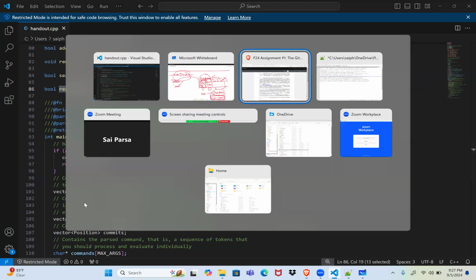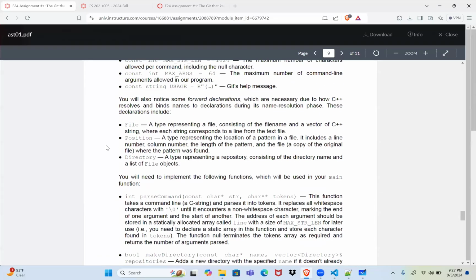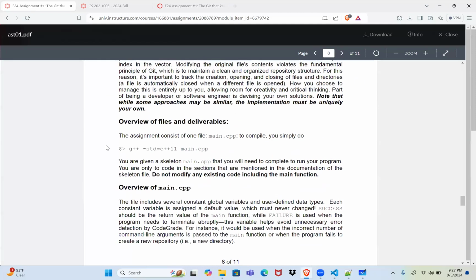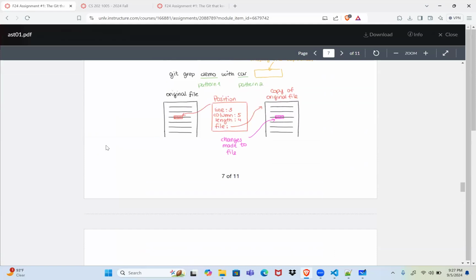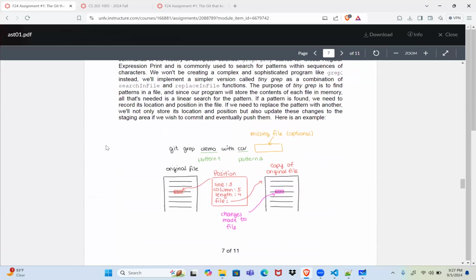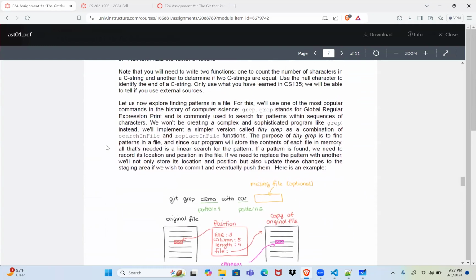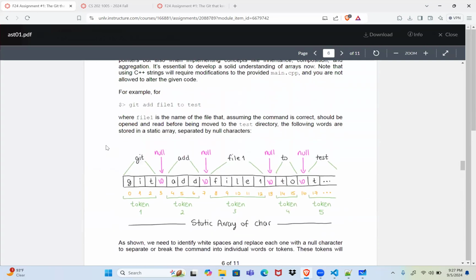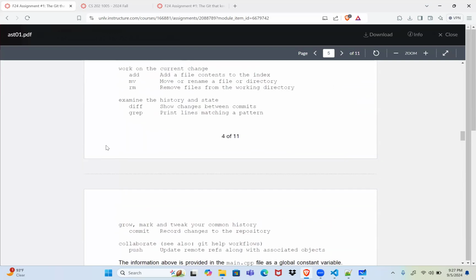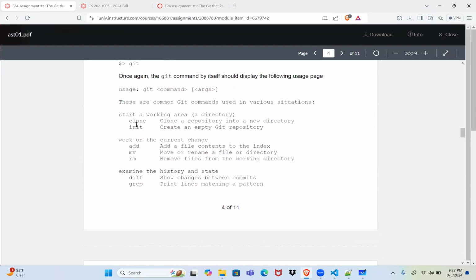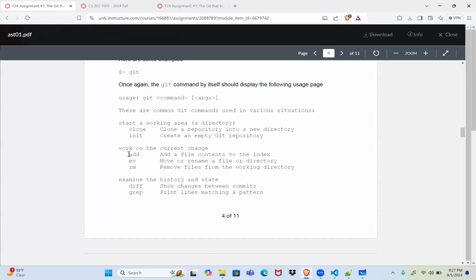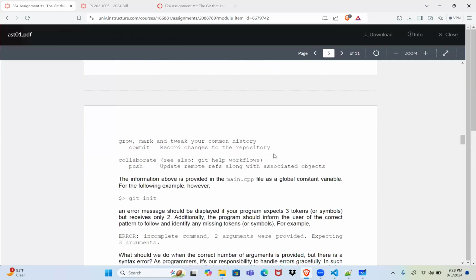And after implementing all the functions, I would suggest you go through the test cases in the CodeGrade Canvas. Going through test cases will give you an idea of what input a program should accept and how the output should look. That makes it easier for you to understand what's happening behind the scenes. And go through the handout as well. All these are the commands that you should go through carefully. Whenever there is a command called add, you should add file contents to that index and so on. So be careful with all these commands and